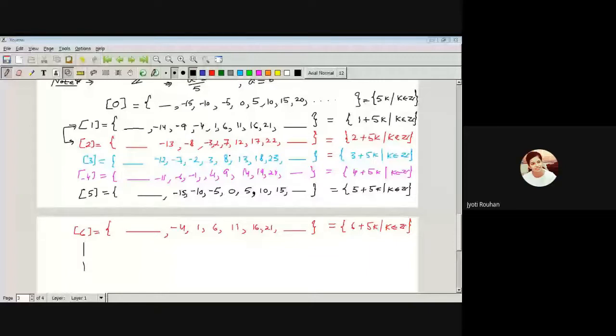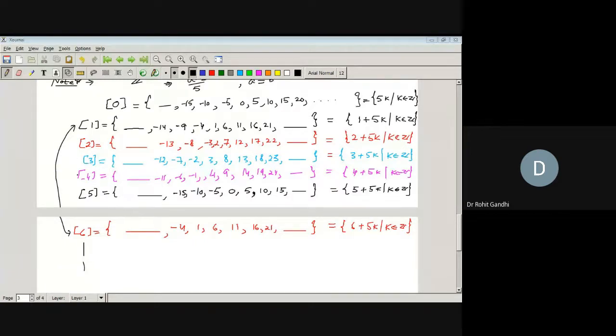Yes, sir. Sir, actually, the equivalence classes of 0 and 5 are the same. 1 and 6 are the same. So a similar thing is going to happen, like 2 is equal to 7 and 3 will be like 8. Yes, very good. So the observation you have made is correct. If we see the equivalence class of 1 with 6, they are equal to each other, right? If you observe very carefully, और 1 और 6 की जो equivalence class है, they are the same.